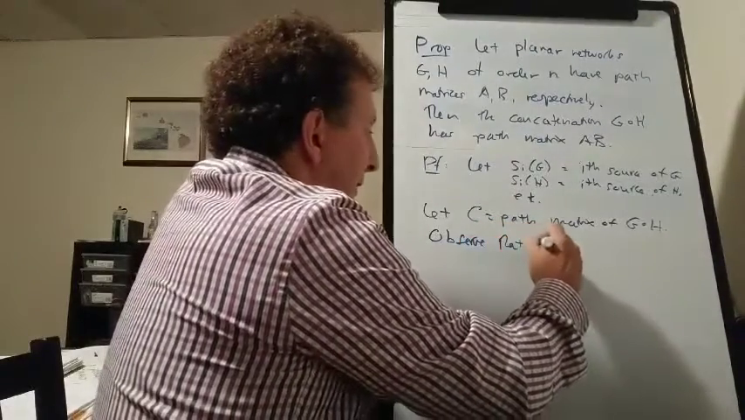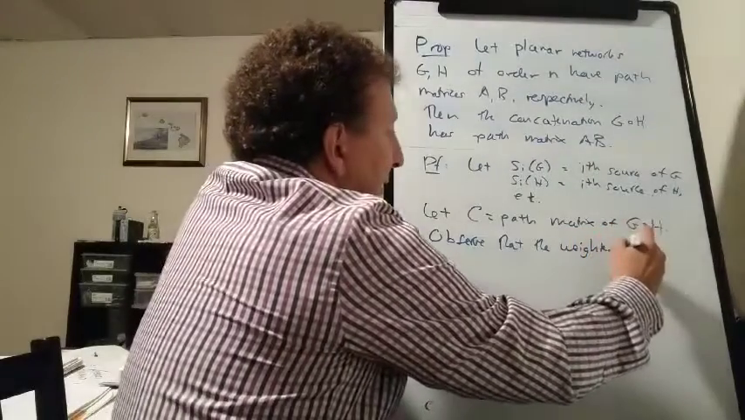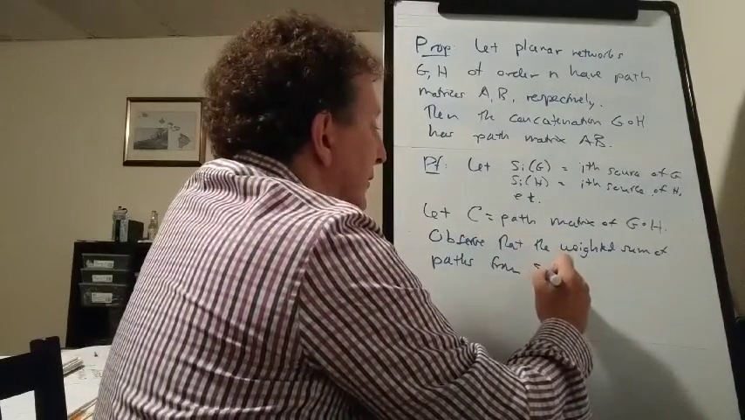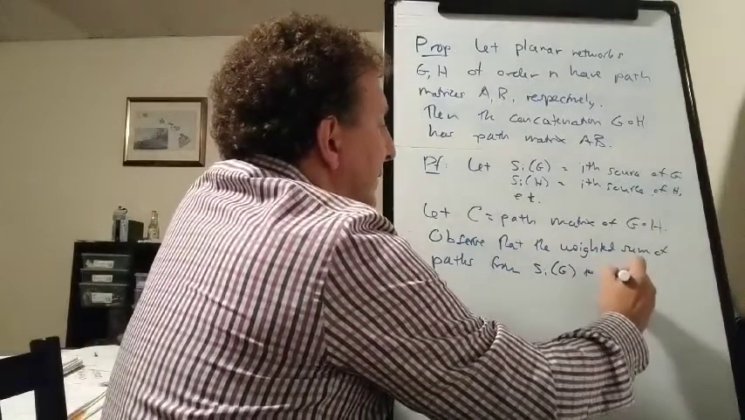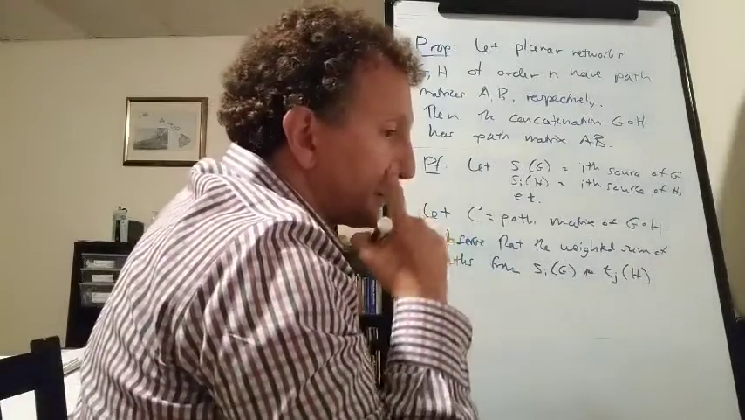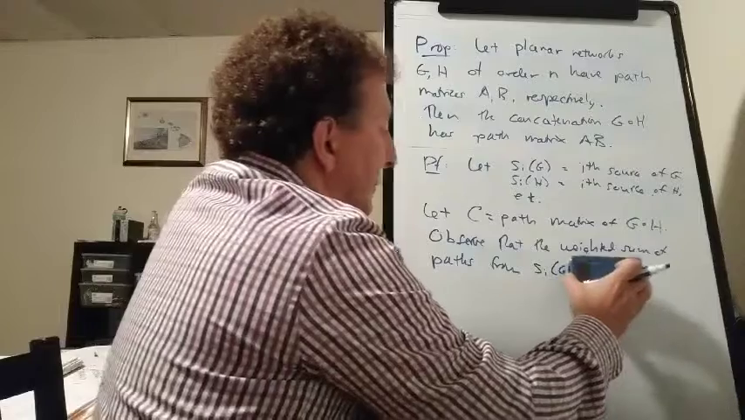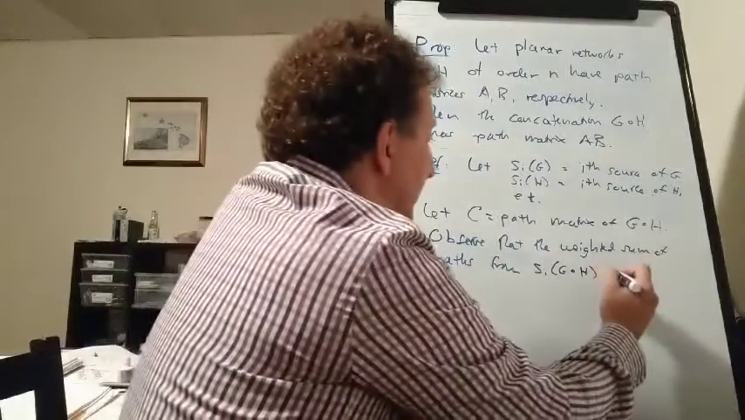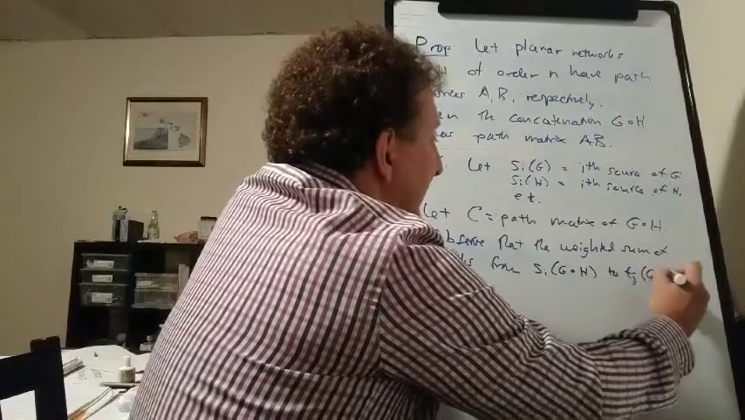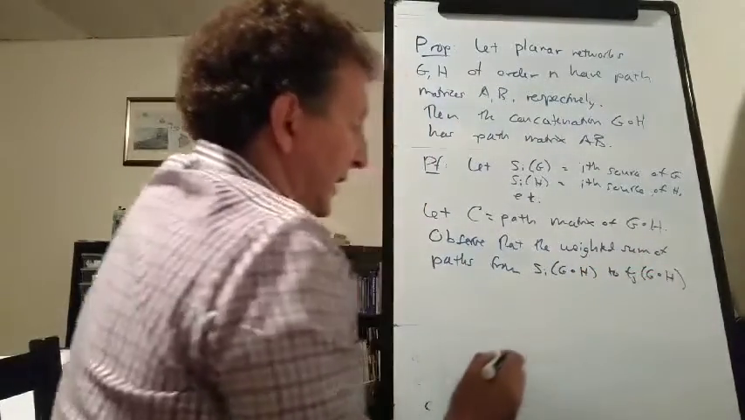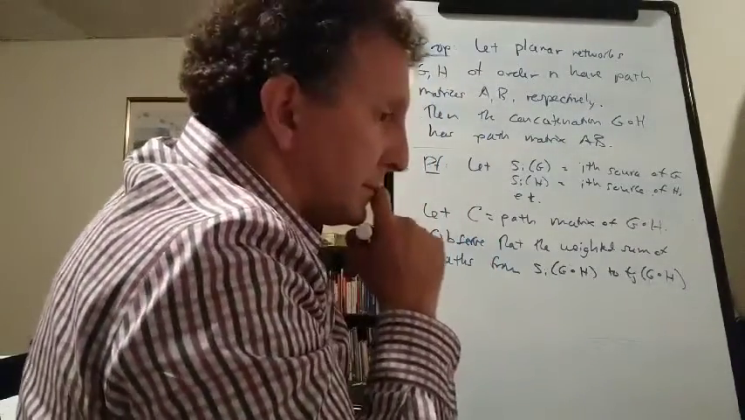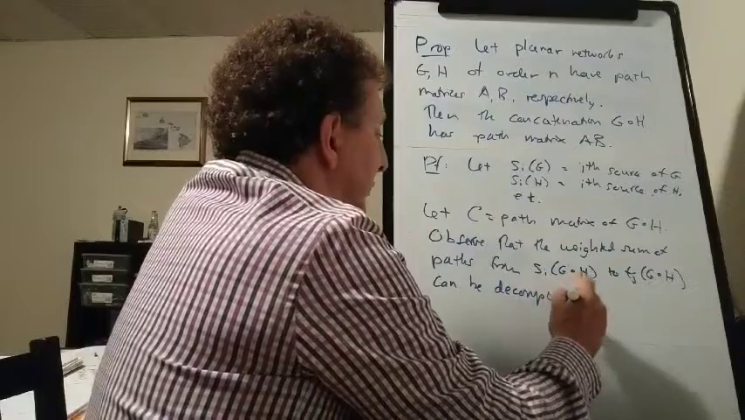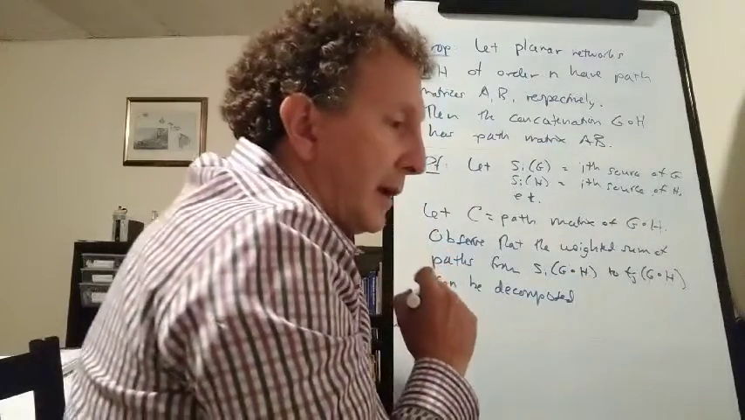You'll observe that the weighted sum of paths from source i of G to sink j of H, let's say source i of G concatenated with H, which is the old source i of G, to T_j of G concatenated with H, which is the old sink j of just H, can be decomposed as a sum of weights of paths